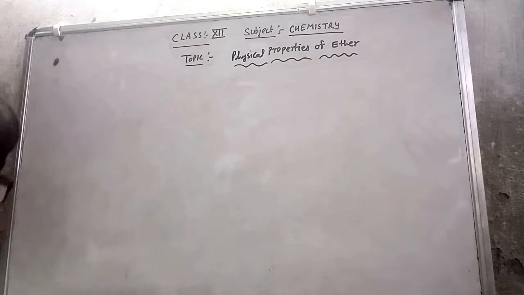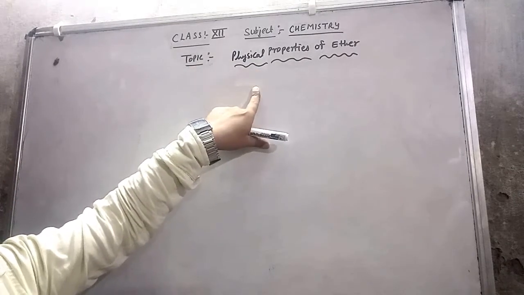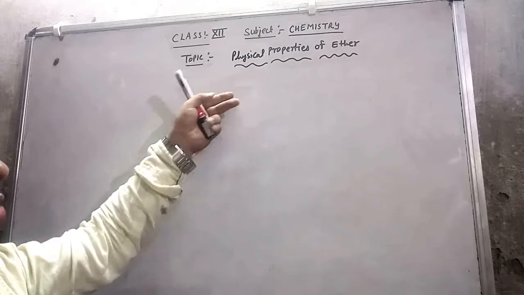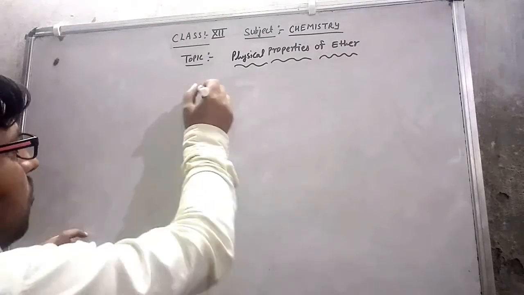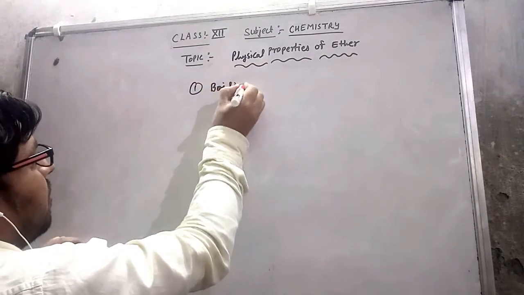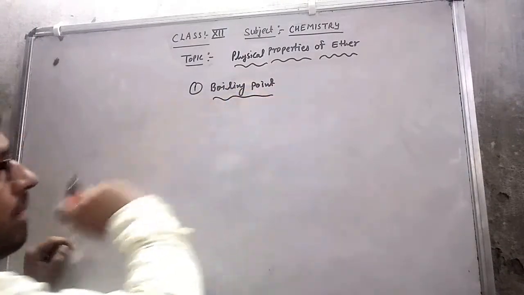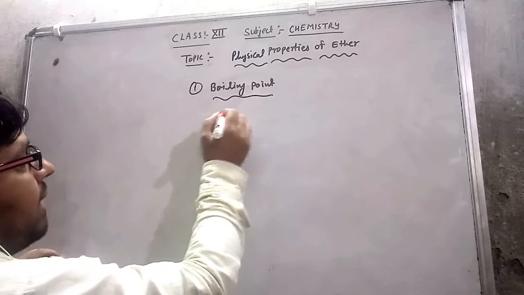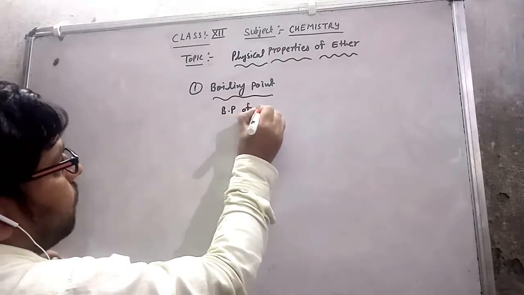Good morning students. Today I will discuss the physical properties of ether. In the physical properties of ether, mostly two physical properties are important. First is the boiling point. If I simply say the boiling point, that is BP, that means the boiling point of ether